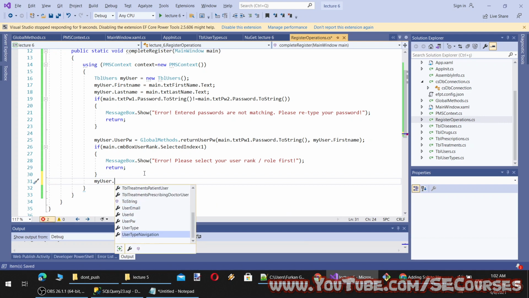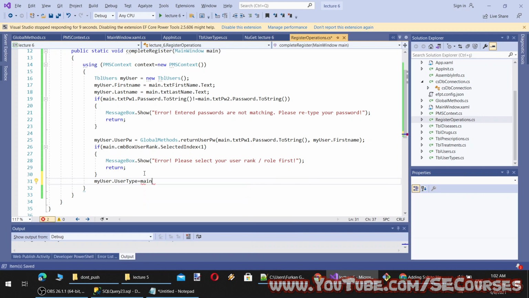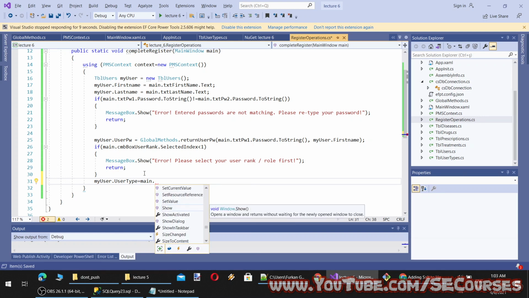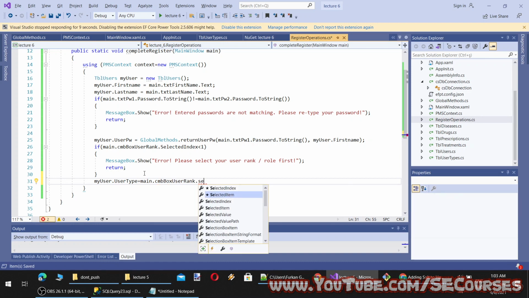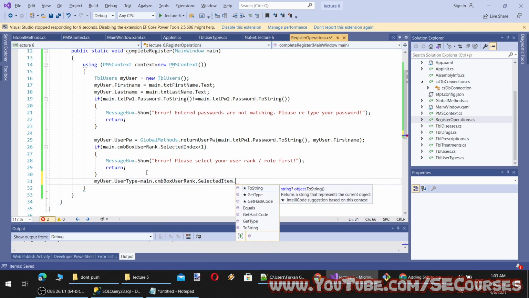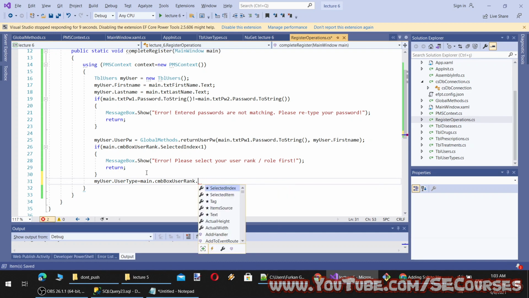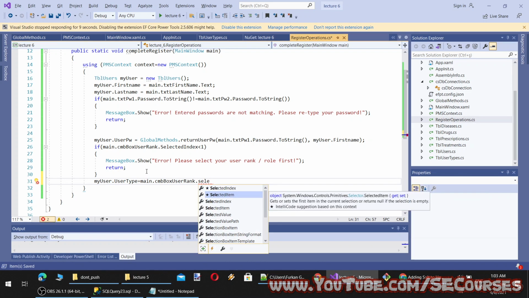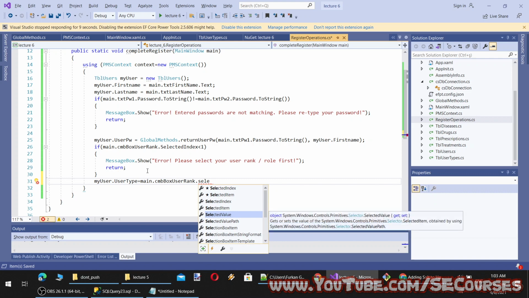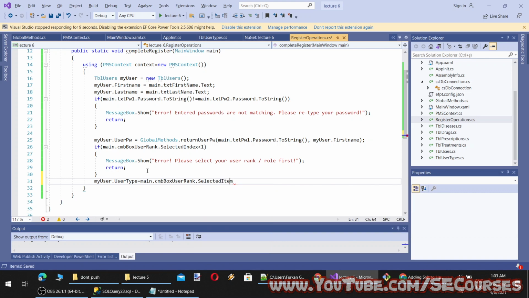Then we will set the user type as equal to. So you see, this is the tricky part, or the beautiful part. The cmbUserRank selected item. However, I am going to make an explicit conversion as UserTypes like this.